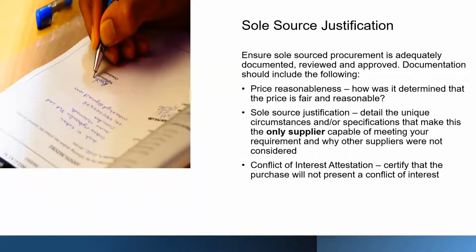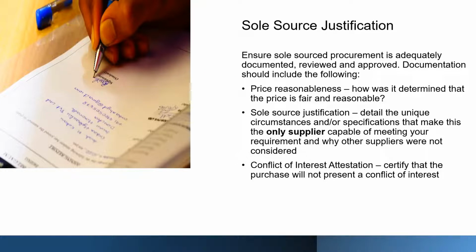Earlier, Bill talked about procurement fraud schemes related to unjustified sole source awards. In order to prevent this type of scheme, ensure that sole source procurement is adequately documented, reviewed, and approved. Verse 43, purchases of goods and services requires the completion of a source selection and price reasonableness justification form for all federally funded purchases of $10,000 or more, and non-federally funded purchases of $100,000 or more to substantiate the appropriateness of source selection and price reasonableness.